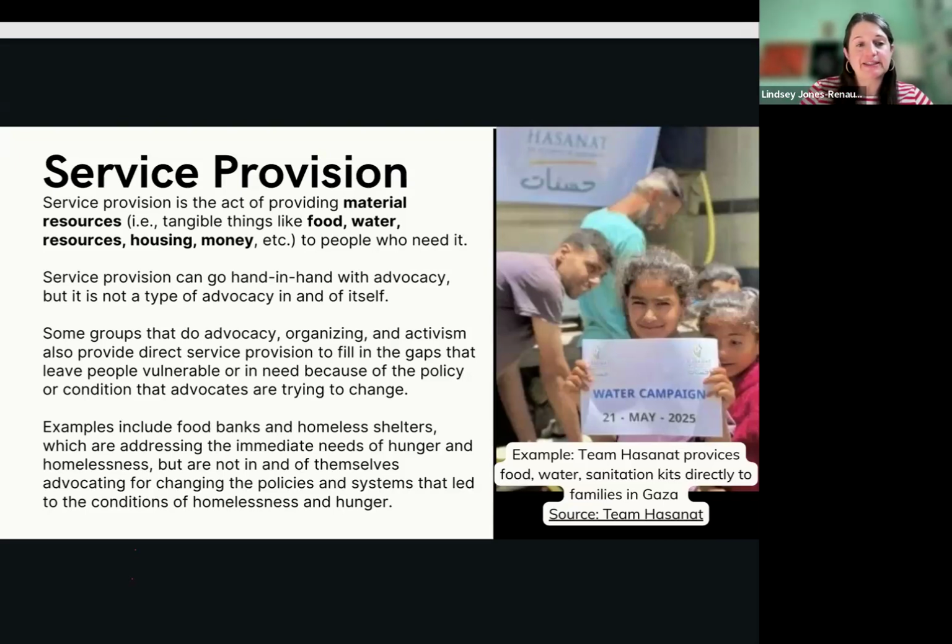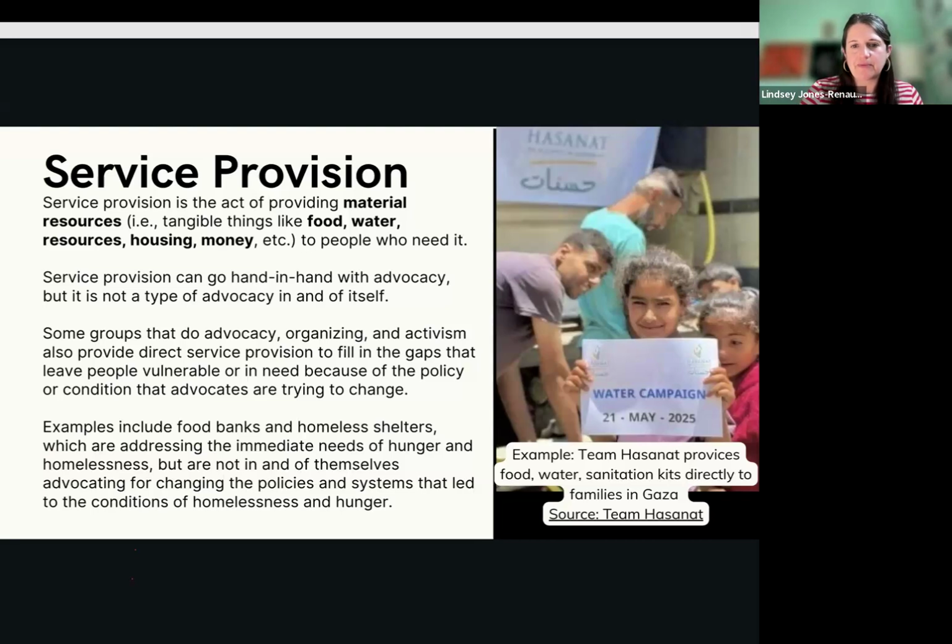Some groups that do advocacy or organizing or activism, or all three, also provide direct service provision to fill in the gaps that leave people vulnerable or in need because of the policy or condition that advocates are trying to change. So examples include like food banks or homeless shelters or domestic violence shelters, which are addressing the immediate needs of hunger or homelessness or domestic violence, but are not changing these policies and systems that led to those conditions